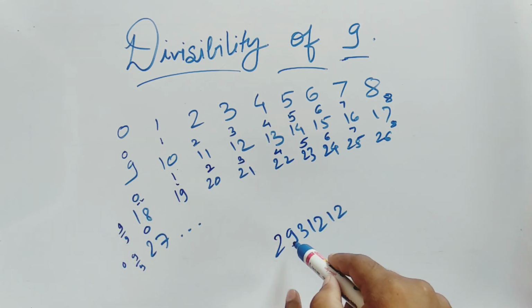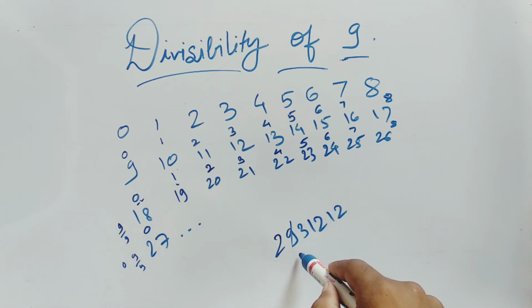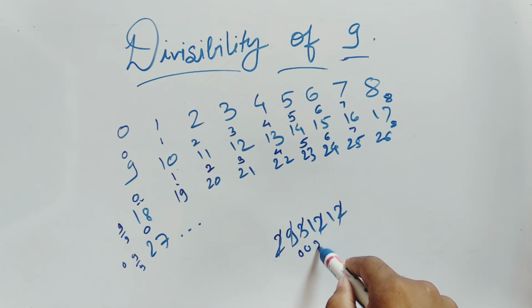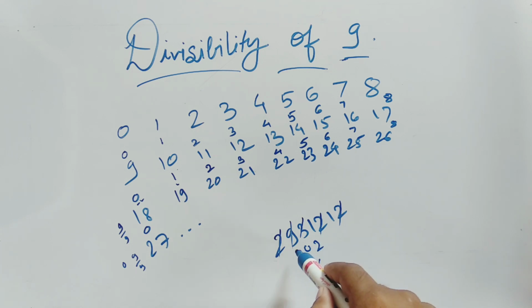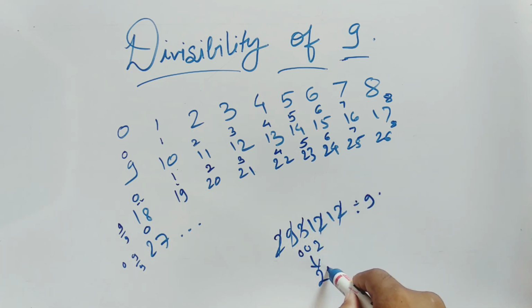So here we can rule out the digits which add up to 9. So 9 itself we can cancel out and write it as 0. Then 3 plus 2 is 5, plus 2 is 7, plus 2 is 9, we can write it as 0, and 1 plus 1 gives us 2. So 0 plus 0 plus 0 plus 2 gives 2 as the single digit form. It implies that when this number is divided by 9, we get 2 as a remainder.